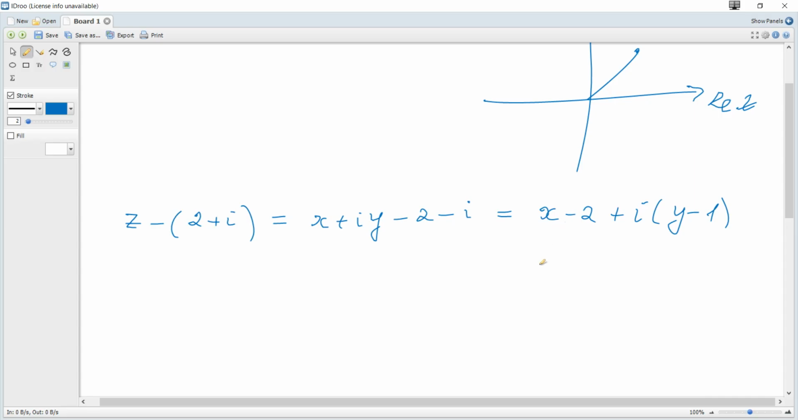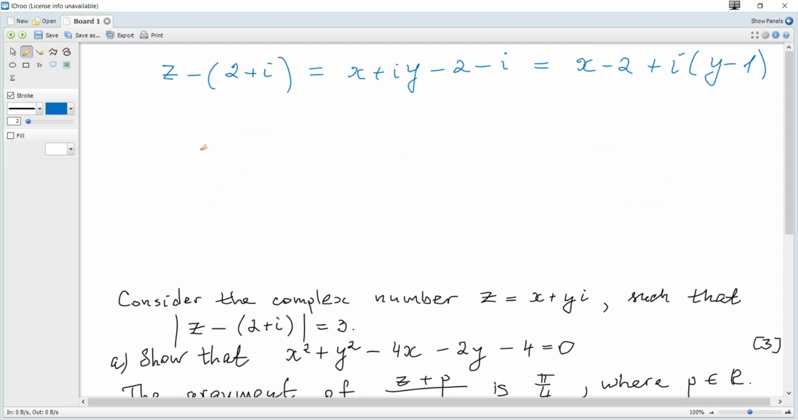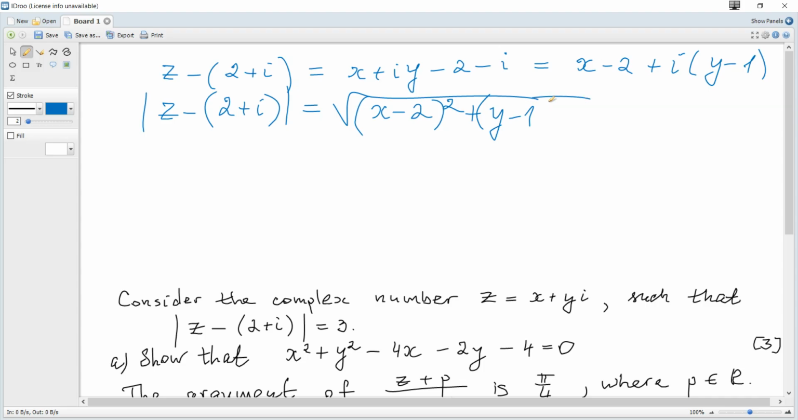So the modulus of our complex number z minus 2 plus i becomes the square root of (x minus 2) squared plus (y minus 1) squared, and it is given that it's 3. Then square both sides to get (x minus 2) squared plus (y minus 1) squared is 9, and then